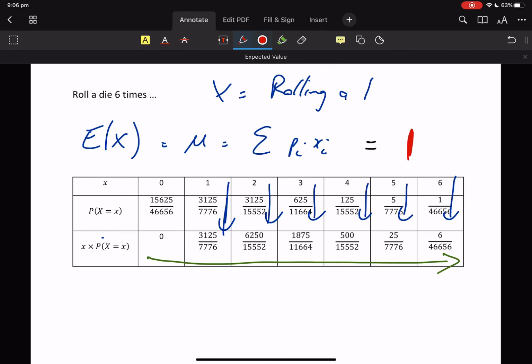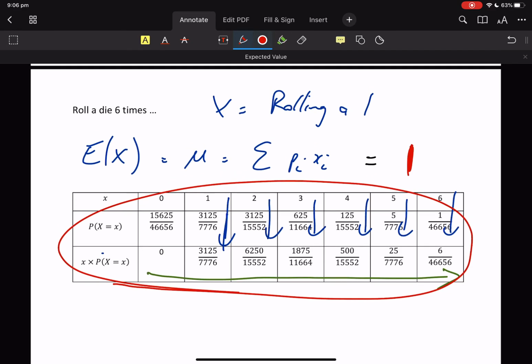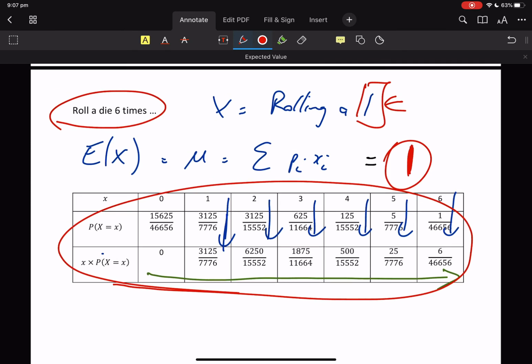Isn't that crazy how those numbers look so crazy and small and difficult, and yet when you add them together, you actually come out with what it should be. If I roll the die 6 times, you'd think I would get 1, 1. Okay, that's the expected value. Go to it.